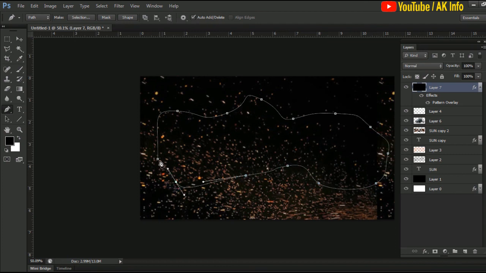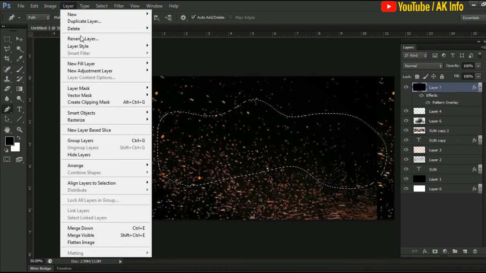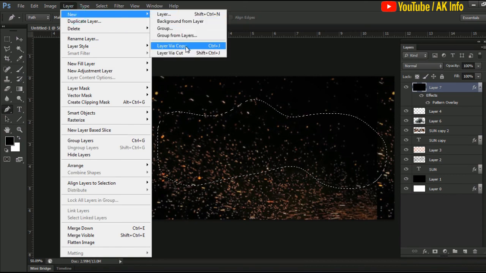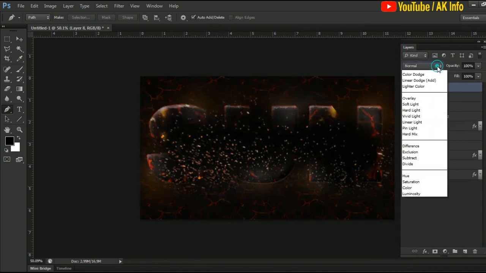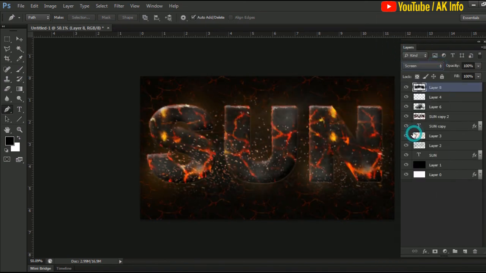Now right click inside the selection and click on make selection. Now copy the selected part by layer via copy option and delete the old one. Now set the blending mode to screen again and adjust the opacity.